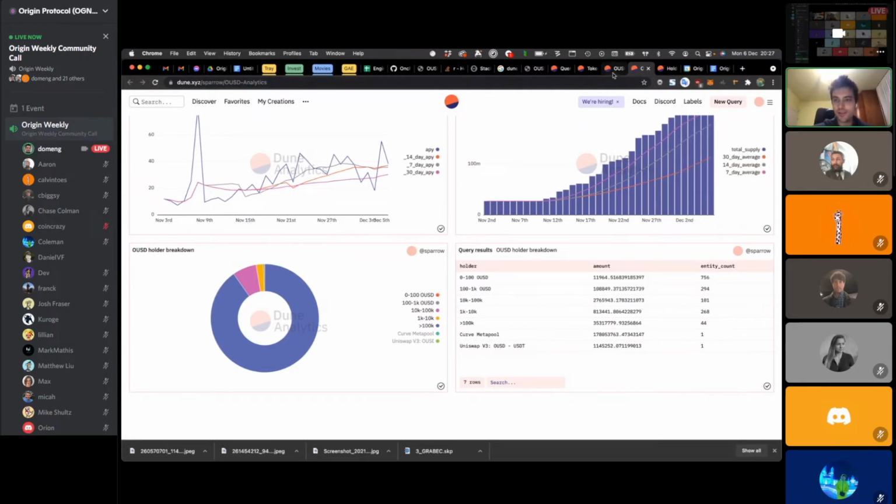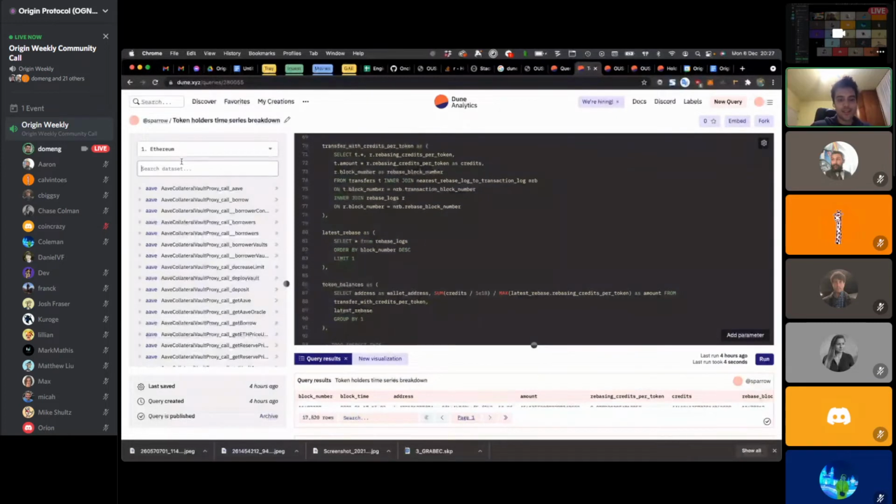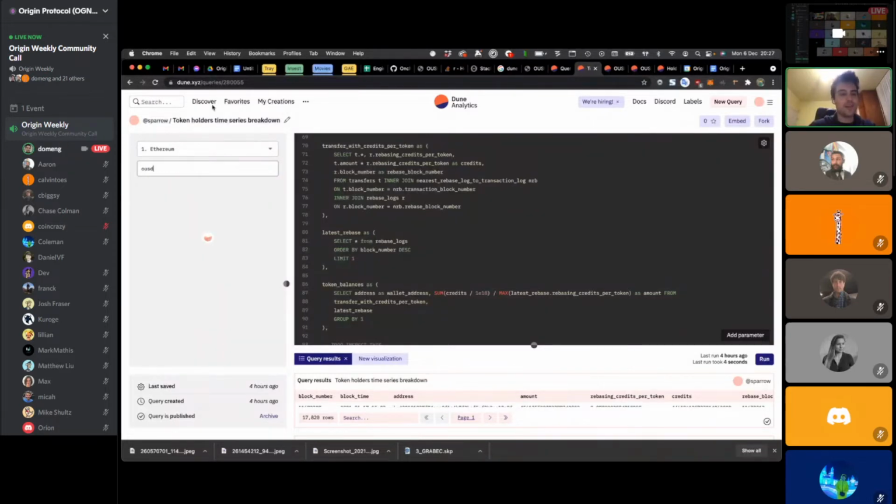Maybe if anybody is interested, I can quickly show how the tool functions, because I think it's pretty interesting. What it basically does is save all the transaction data and log data into a Postgres database, and already transform the data to some extent so that it's easier to read and manipulate.